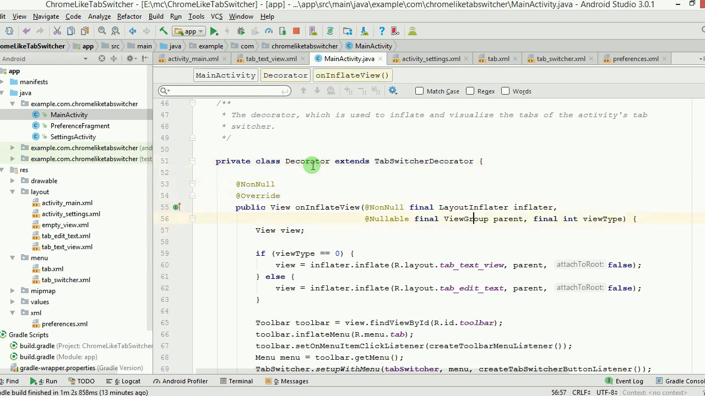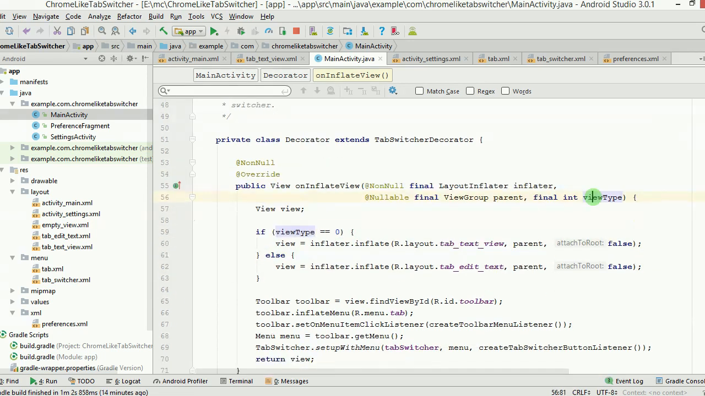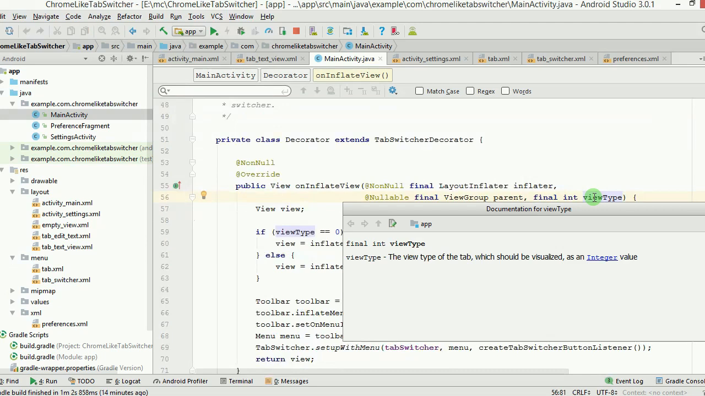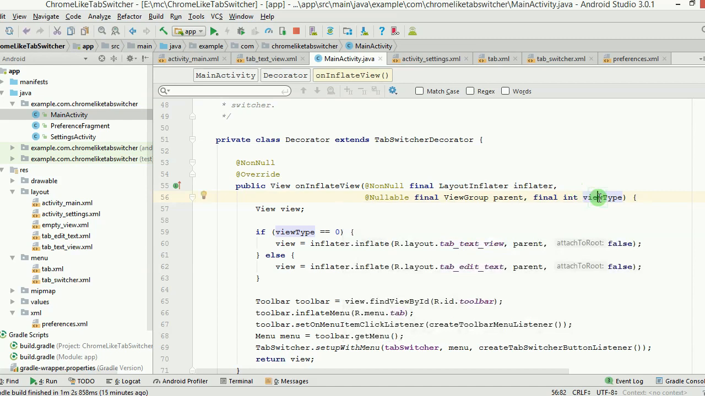And onInflateView, this is a method which you need to override. So whenever, if the view type... So what is this view type? Now before we go further, let's find out what this view type is. Well, if we go into the documentation, we get to know that the view type of the tab should be visualized as an integer value, right? So basically you can say that this is more like a serial number of the view that is getting generated,